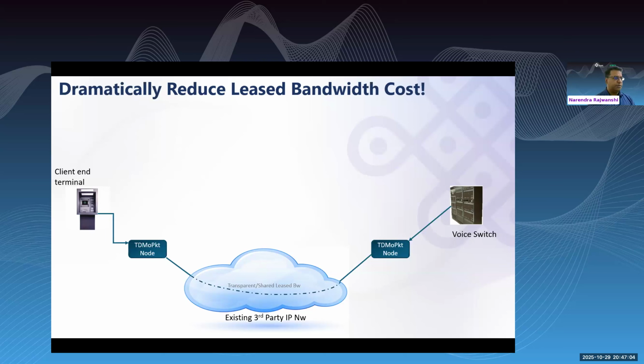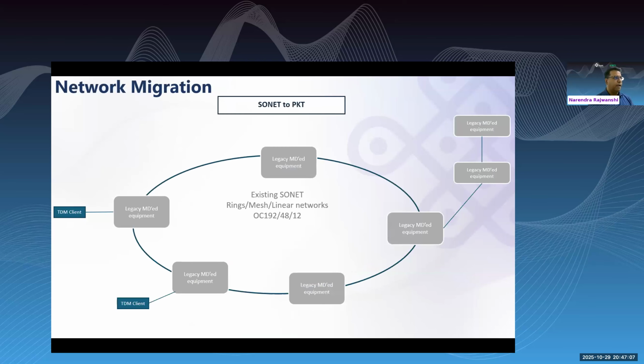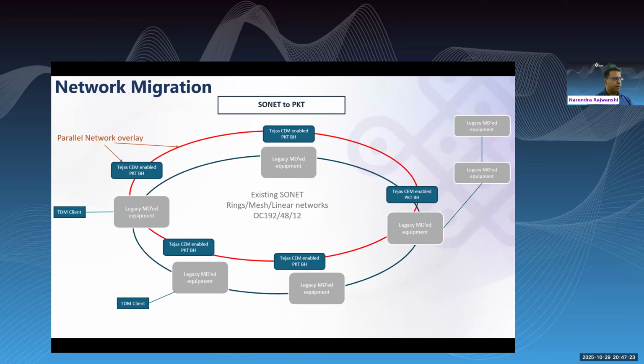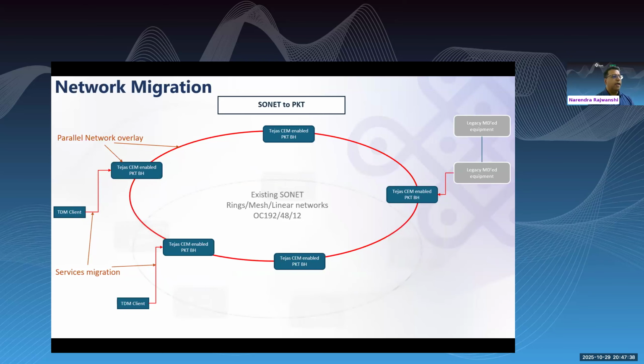So these are the typical applications for this kind of transformation. Now for the actual migration, there are obviously challenges. There are questions on how to go about this migration. One of the simplest approaches to a SONET ring replacement is to build an overlay network with a separate pair of fiber with the TDM over packet nodes, creating a 10 gig ring or a 100 gig ring, migrating the endpoint services onto these nodes slowly, and then finally ripping out the legacy network.